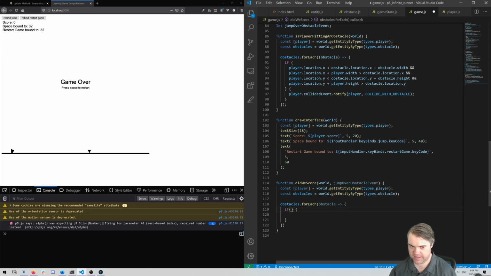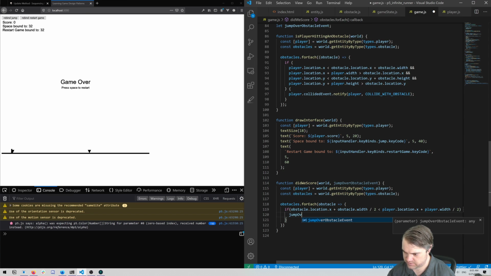If the middle of the obstacle, so here's the middle of the obstacle, if that's to the left, if that's less than the middle of the player, we have scored. Congratulations. We need to notify that we've done a score. So jumpOverObstacleEvent.notify, and we need token, I think,